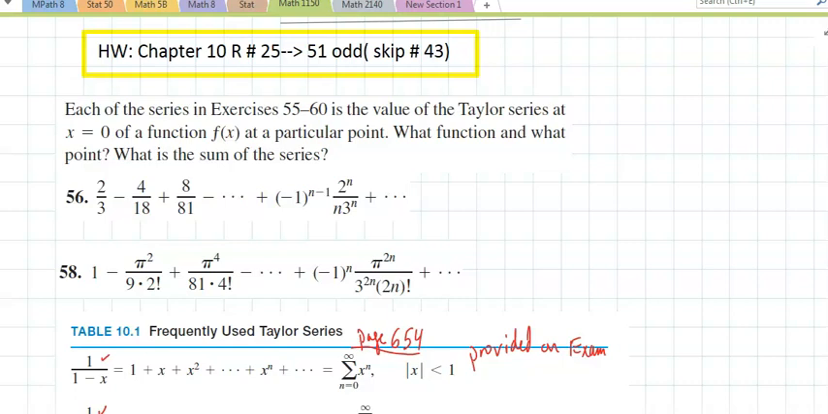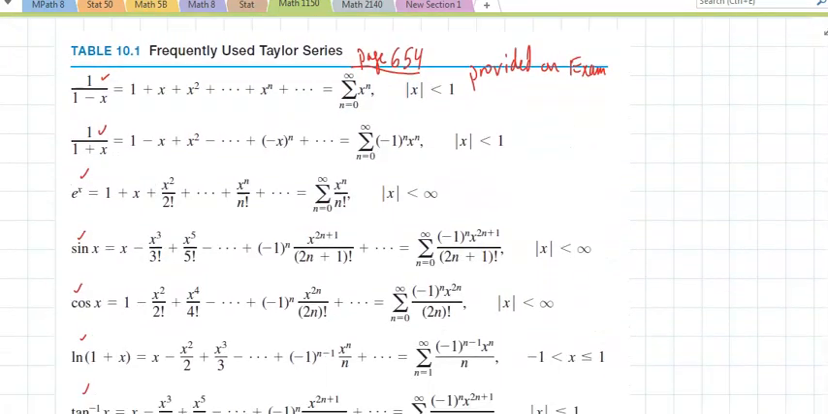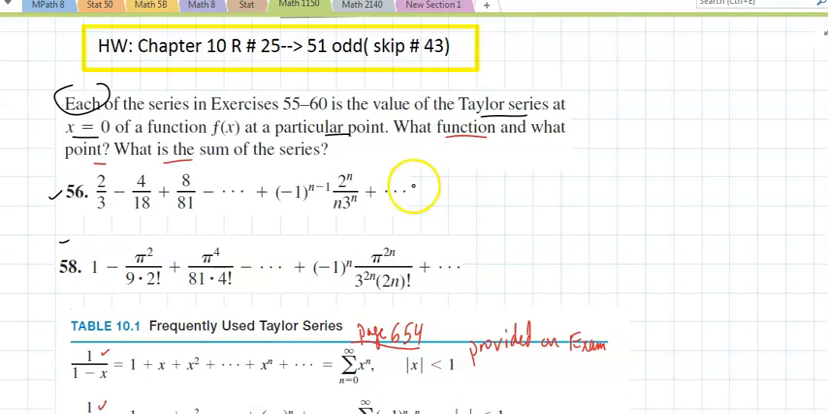Okay, we're continuing on. So on number 55 to 60, directions: find the value of the Taylor series at x equals 0, the function f of x at a particular point. That's what each of those would be. It states what function and what point it is. So basically, this table I'm providing on your test, you're trying to match, and if you really look at this,